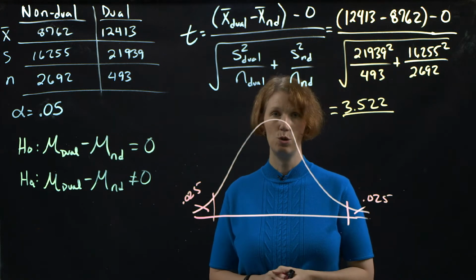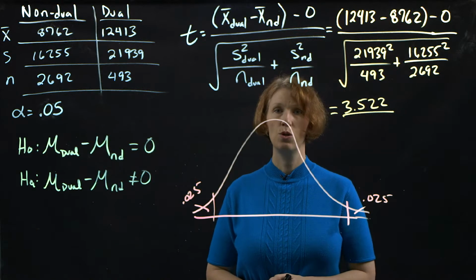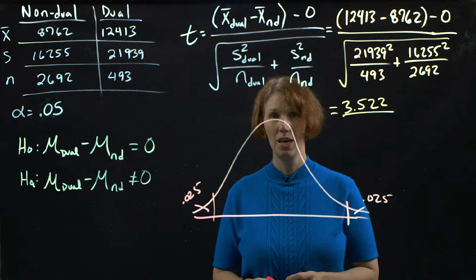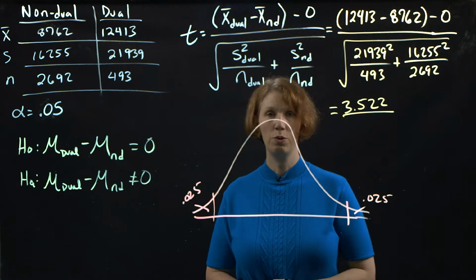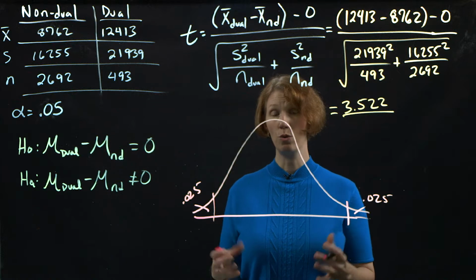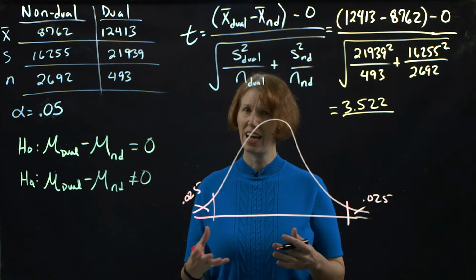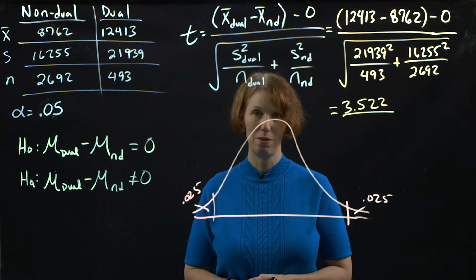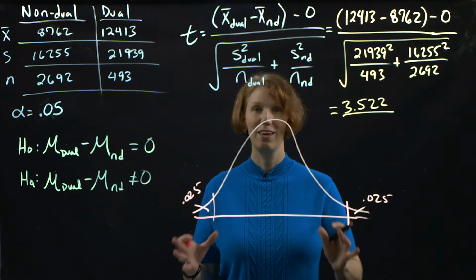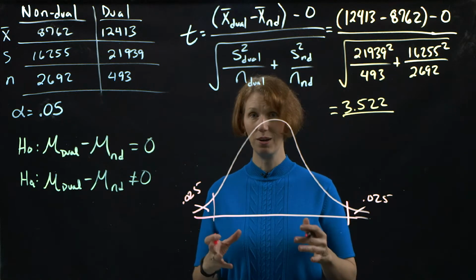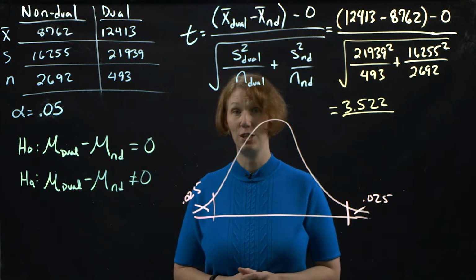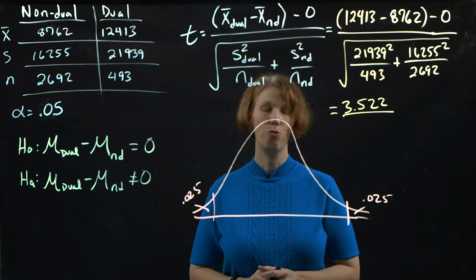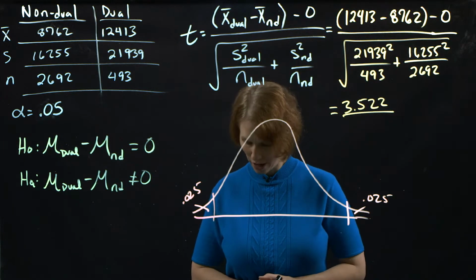Now recall that a t-distribution in this case is going to depend on a particular degrees of freedom. And in version 2 of the hypothesis test, where we have unequal variances, we actually have to estimate those degrees of freedom using the approximation method. And you can tell here, given my limited board size, I'm not going to work through that approximation calculation. It's actually very complicated to do, but if one does work through it, and I did so this morning, then